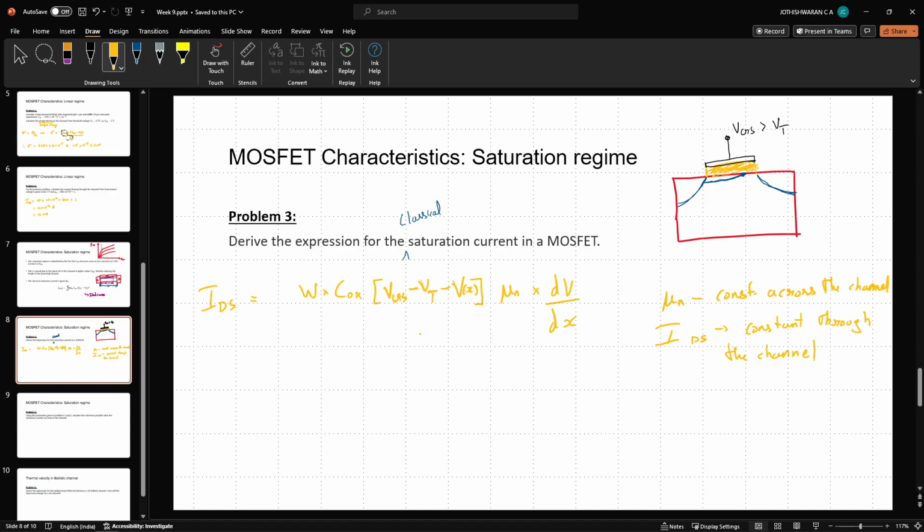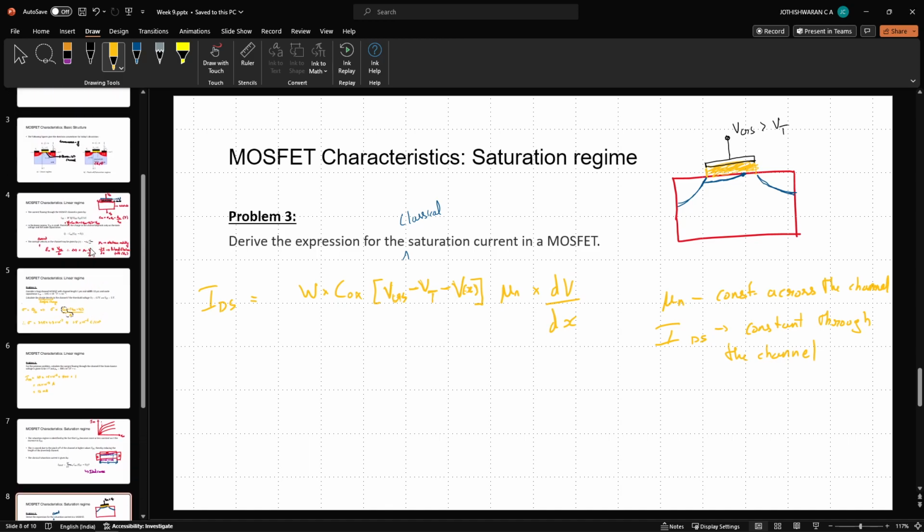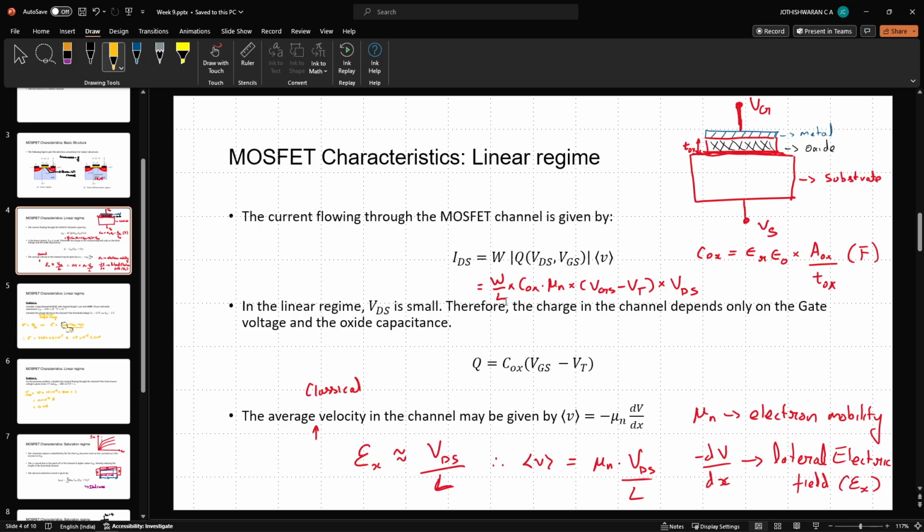Which implies the current at Vx equal to 0 will be the current throughout the channel. So the approximation that we are doing is I'm going to take this current expression, replace L by L dash, and keep everything else the same. If this device were to behave in the linear regime, then this would have been the current flowing through the channel. So we are going to keep this constant, and then